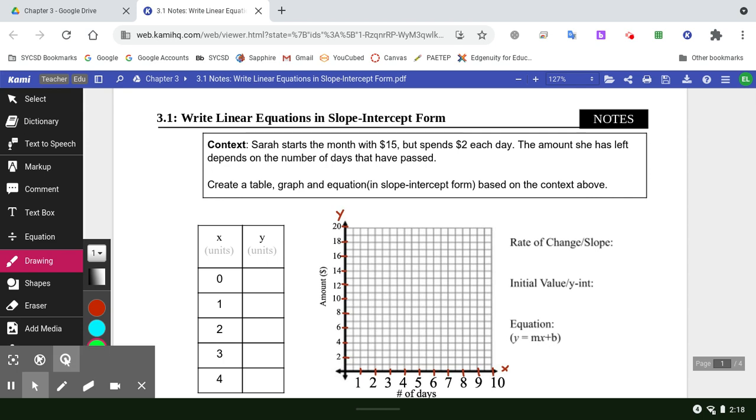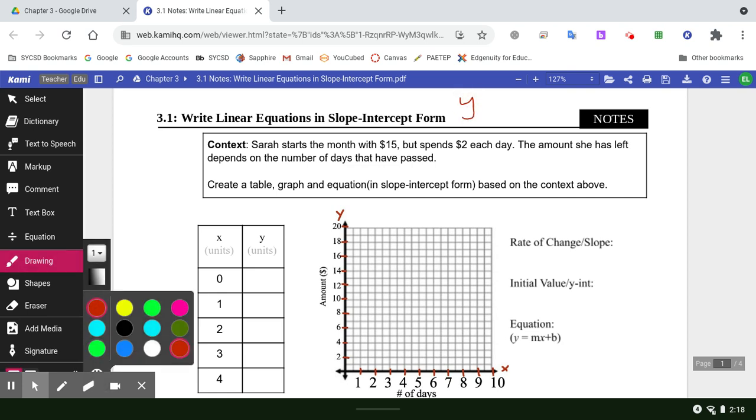Chapter 3 is really just an extension of Chapter 2. We're still working with linear functions, but now we are starting to focus a little bit more on context. So the title of this section is Writing Linear Equations in Slope-Intercept Form. As we know, slope-intercept form is y equals mx plus b, where m represents the slope and b represents the